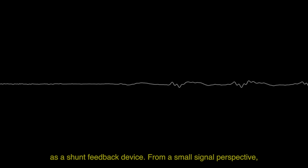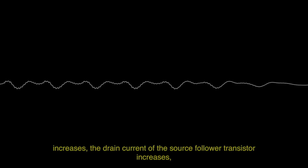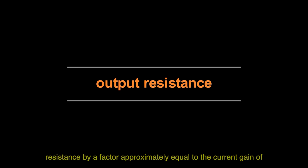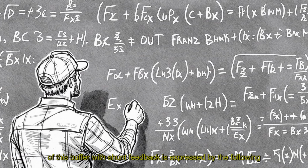From a small signal perspective, when input voltage remains constant, but output voltage increases, the drain current of the source follower transistor increases, which in turn increases the base current of the NPN transistor. This increases the collector current, effectively reducing the output resistance by a factor approximately equal to the current gain, beta, of the NPN transistor. Mathematically, the output resistance of this buffer with shunt feedback is expressed by the following formula,